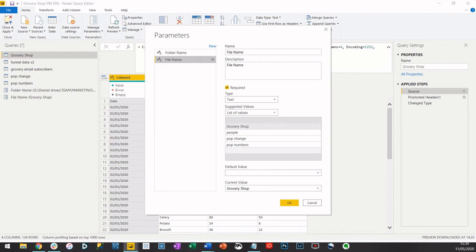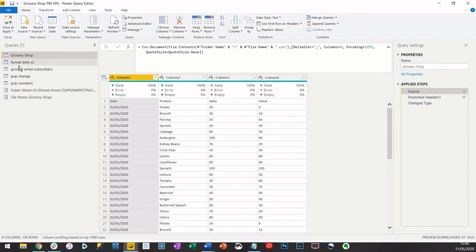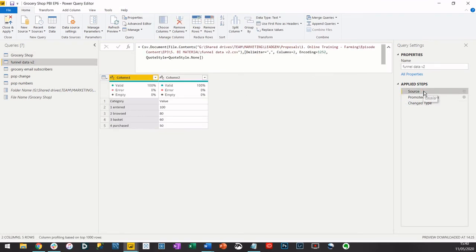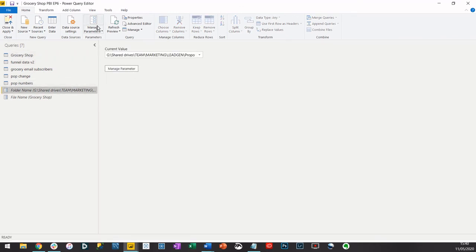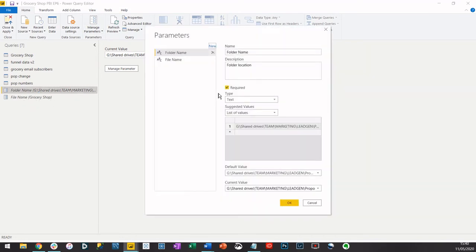The way I've gone about this is I've thought about the structure of our sources. If I have a look at this funnel data and look at the source, we can see there are two elements to this. One is the folder, and one is the file name, and then we've got the data type at the end. So the way I've gone about that is creating a folder name and a file name separately. The first one is folder name. What I've done is created a new one. I've written here folder name, I've written description,